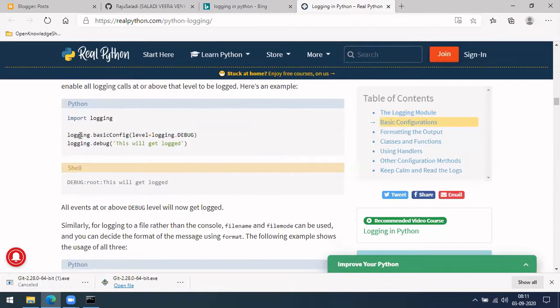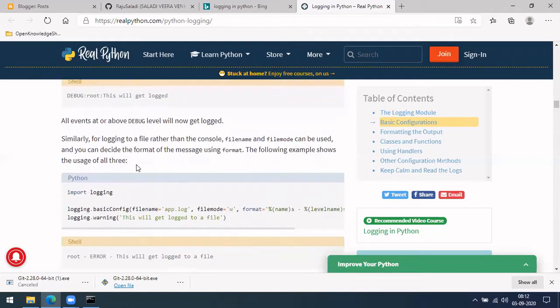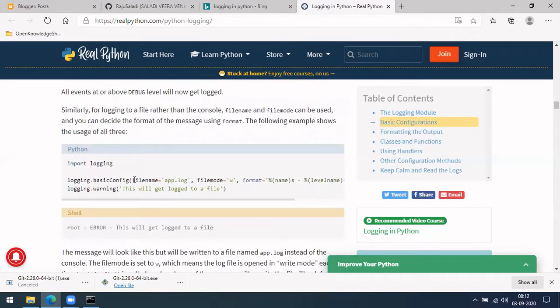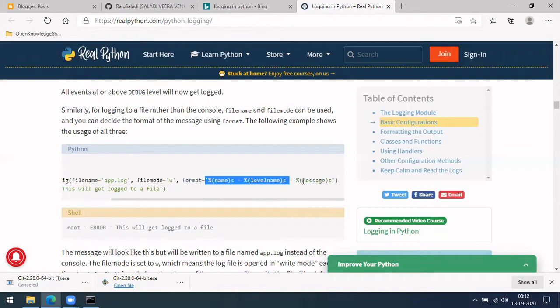Initially you have to set what level of logging you want to save. In this example it was showing level debug, and then you also give the file name. Let me show it here. You give the file name path, and write mode. There is also a format which is given.